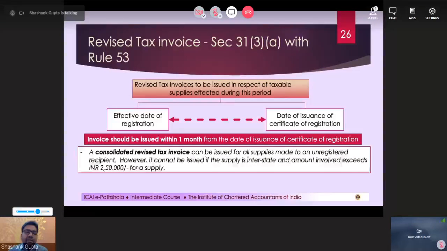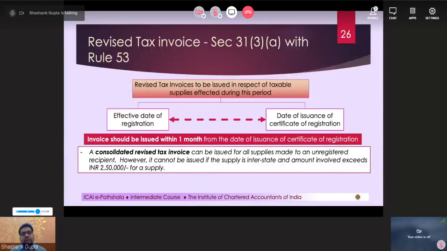Suppose someone commenced business on 1st of May 2020. He becomes liable to obtain registration on 1st December 2020. He applies for registration on 15th December 2020, that is within 30 days of becoming liable, and he is granted the registration on 1st of January 2021. So for the period from 1st of December, the date on which he became liable to obtain registration, to 1st of January 2021, when registration was granted, he can issue a revised